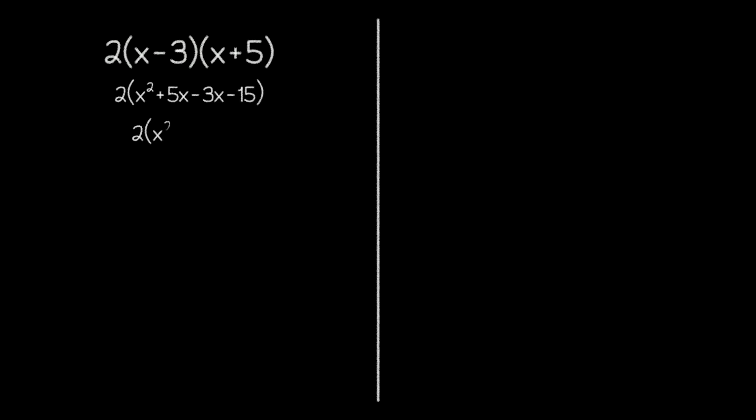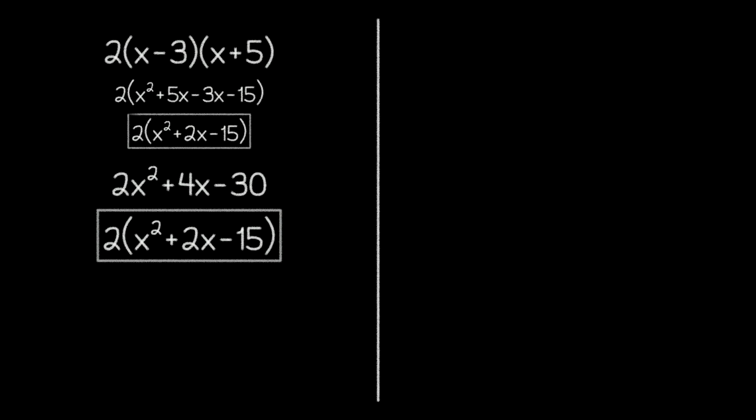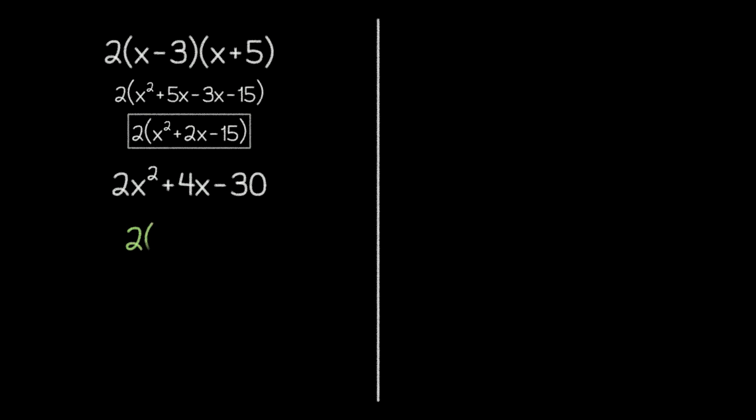Our next problem is in the factored form, and we'll start off by multiplying the linear factors. Then, we'll distribute the 2 to get the standard form. At this point, we would normally factor out the leading coefficient as our first step in converting to the vertex form. But notice that we would get the same expression that we had right before we converted to the standard form. So let's just look there to determine our perfect square.